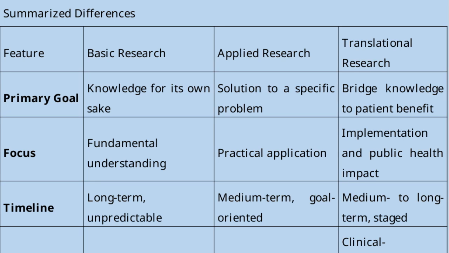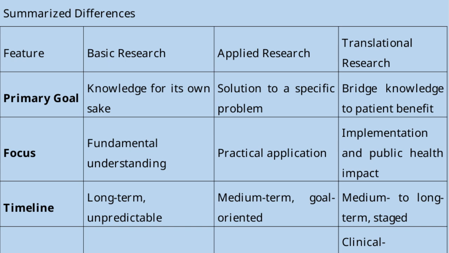First, the primary goal varies significantly. Basic research is all about gaining knowledge for its own sake, driven by curiosity and a desire to understand fundamental principles. Applied research, on the other hand, focuses on solving a specific problem. It's more goal-oriented and aimed at practical solutions. Translational research acts as a bridge, connecting the fundamental knowledge gained from basic research to tangible patient benefits, essentially translating